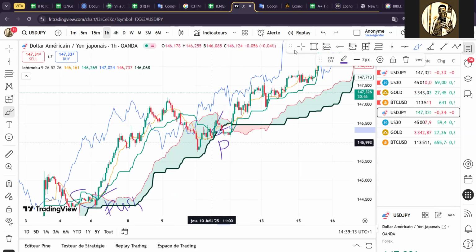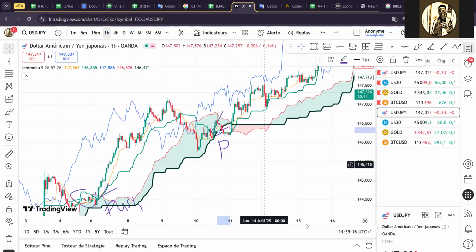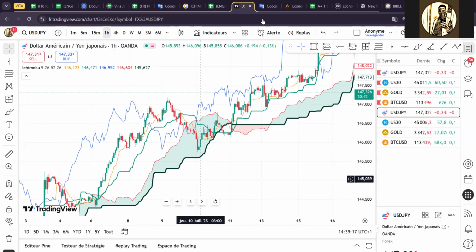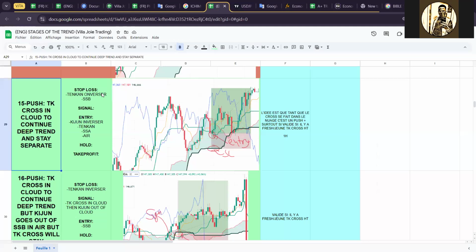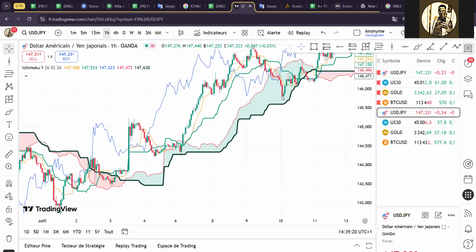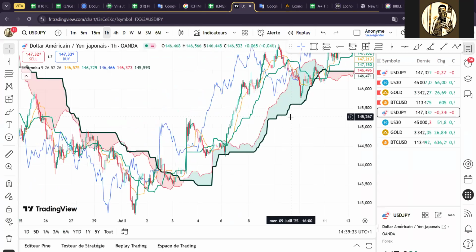After the correction, you have a push. So when the correction finishes, the push starts. So you have different pushes. You have the push when Tenkan and Kijun are both inside the cloud and stay separated. Okay. For example,